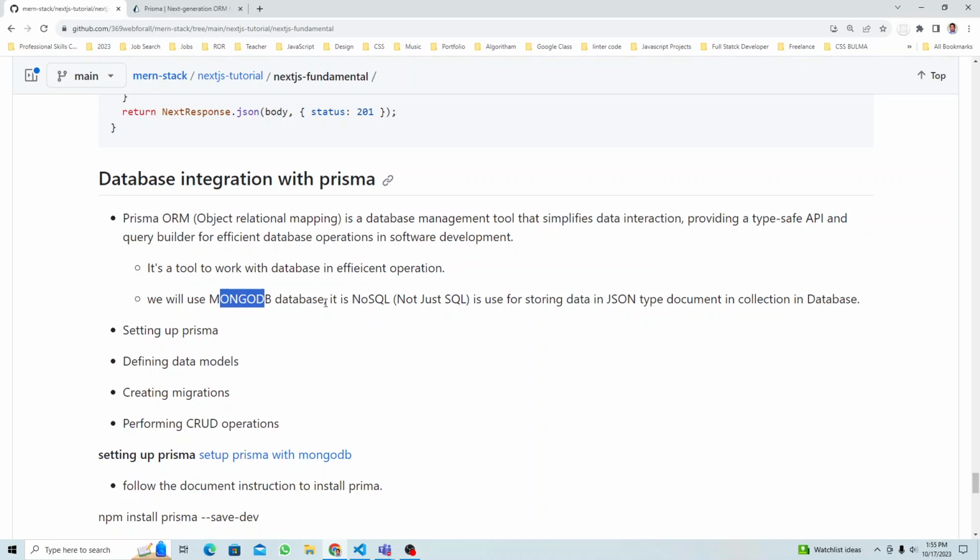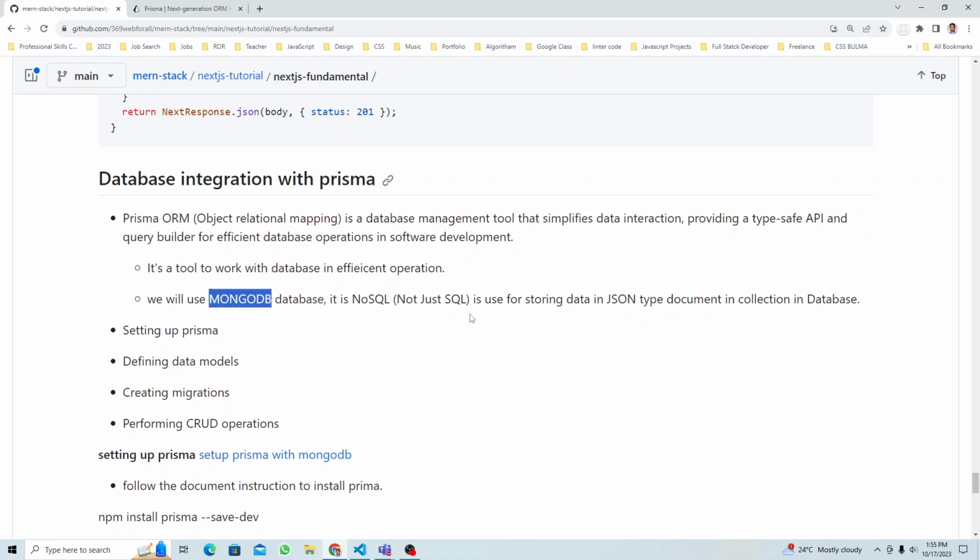MongoDB will be our database, the same MongoDB we used before in Atlas. It is NoSQL. MongoDB is what? A NoSQL database, meaning we don't have an external query language. So with Prisma, Prisma is used for many different databases. You can implement it with MySQL or maybe Oracle, whatever. There are many different databases you can use with Prisma. In our case, we're just going to use MongoDB,